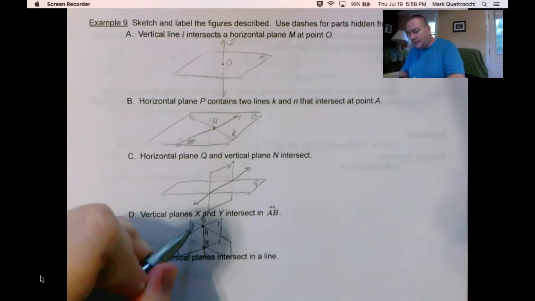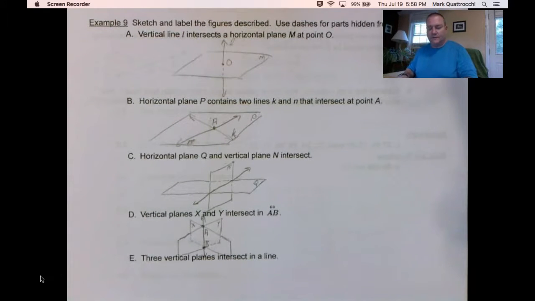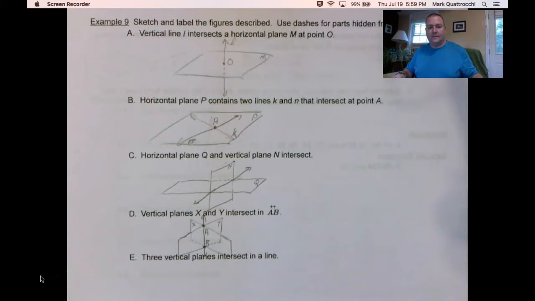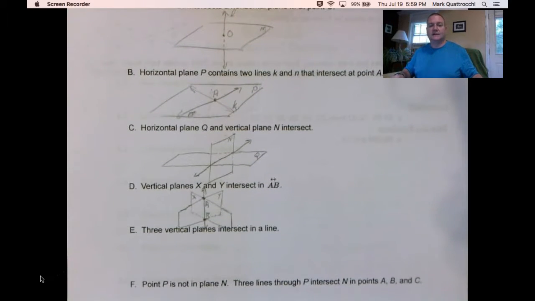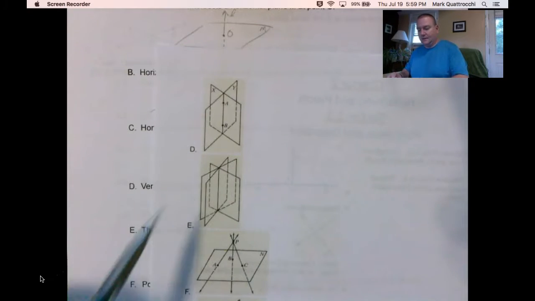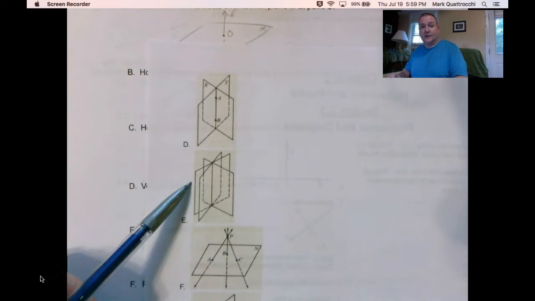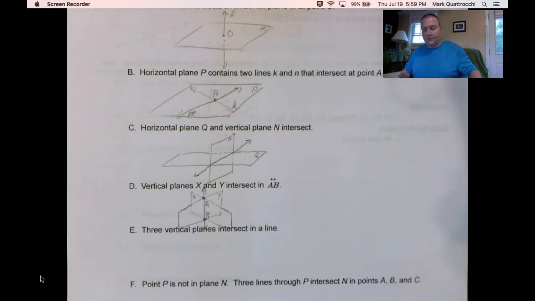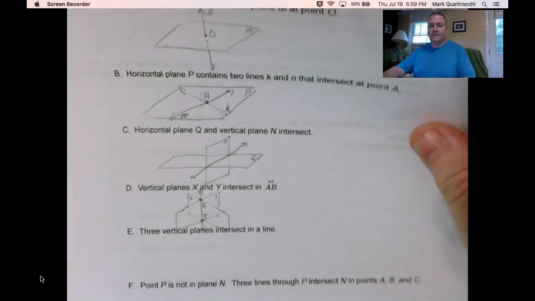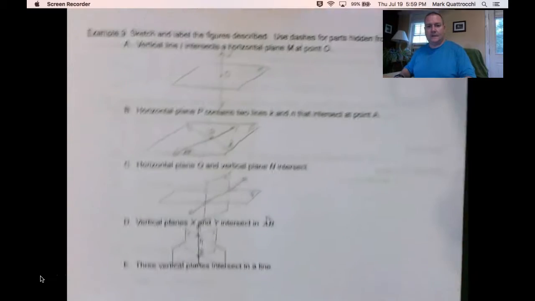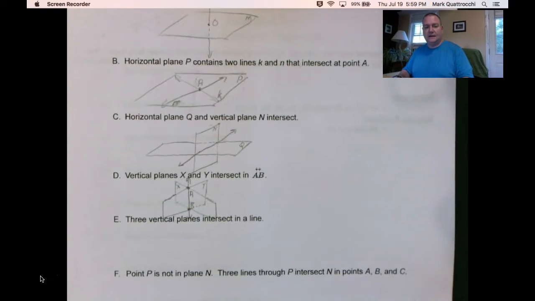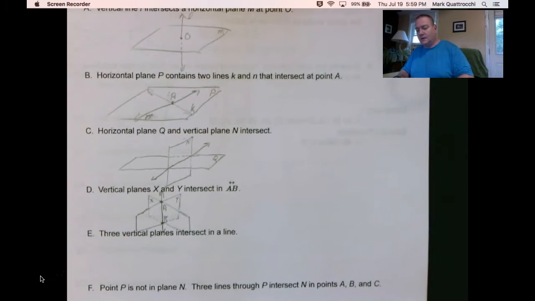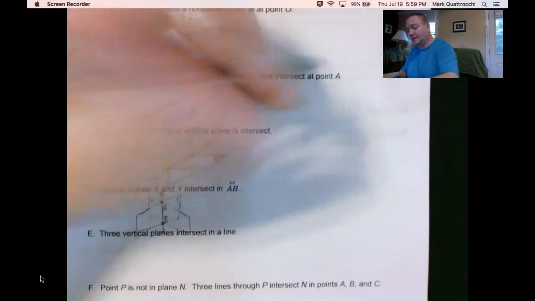Okay, now in the interest of saving a little bit of time, because this does take quite a while to draw, example E, three vertical planes intersecting at a single line, can be done right here, or it can be seen right here. Okay. So I'm not going to redraw that one, but I am going to redraw part F here. I should also say part C and part D can be drawn with a cube. Can oftentimes make things easier.